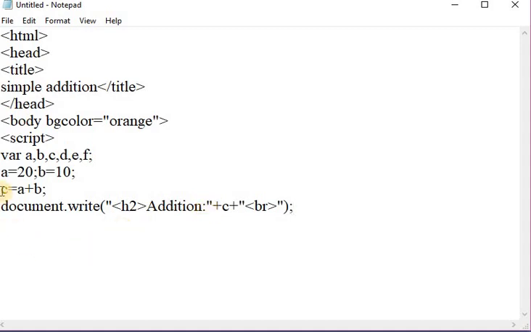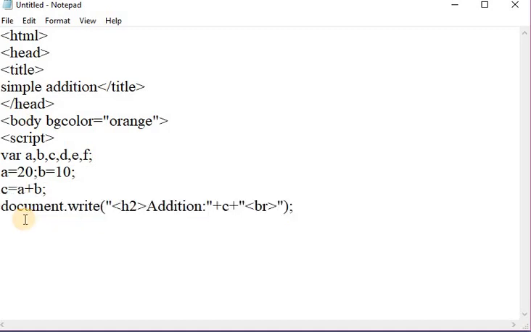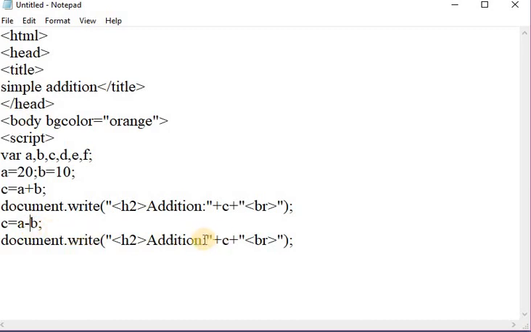Like this, I am copying this text, and here I am performing the subtraction operation.